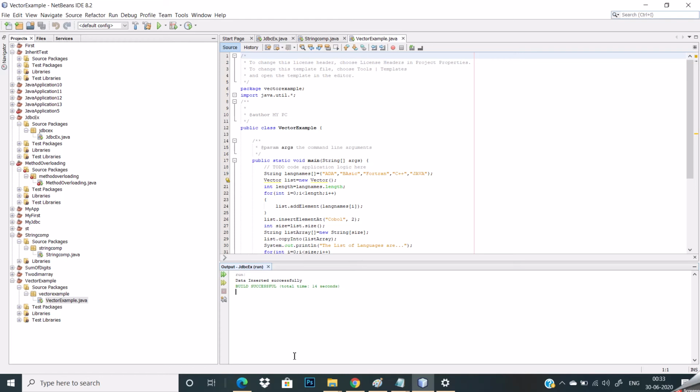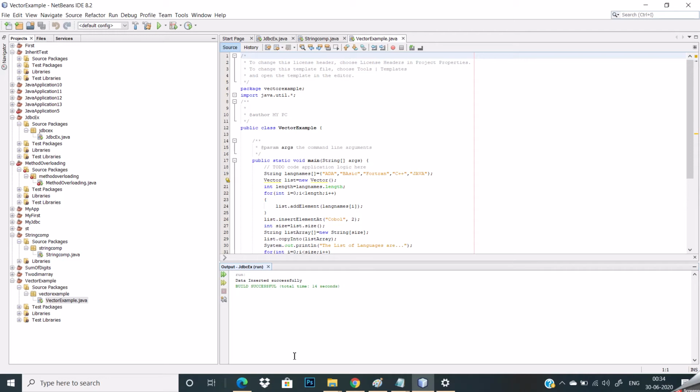Hello students. Today's practical class is on vectors. We all know that vectors are required since the programmers thought we need something where we can store objects rather than basic data types.